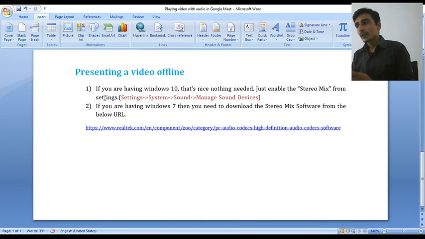Okay, operating system will show the video on the screen and will direct the audio signals to some audio output device. So if we want to share the same output, audio output quality to our participants, we should have one thing available, that is stereo mix. That is one software or a mechanism we can say available for getting the logical audio. Now if you are having Windows 10, there is no problem, you need nothing, just you have to make sure that stereo mix is enabled in your PC operating systems settings.